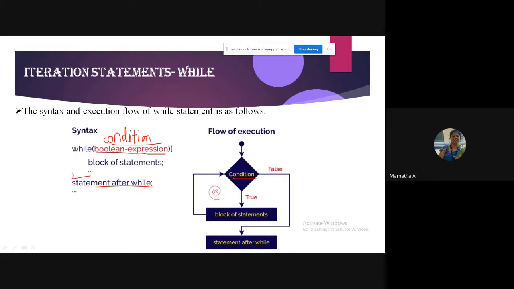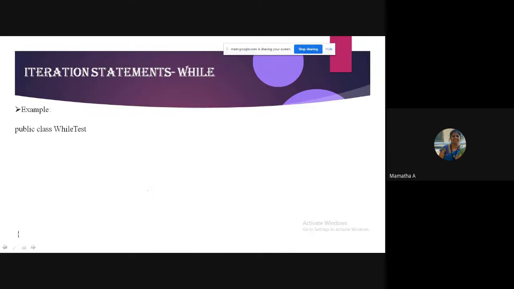It keeps doing this: true, execute the block of statements, go back to the condition. Again true, keep doing this till the condition becomes false. Once it is false, it will come to the statement which is written after your while. Very simple. Yes? Okay.